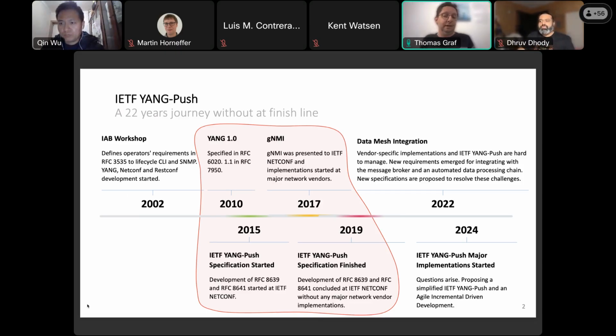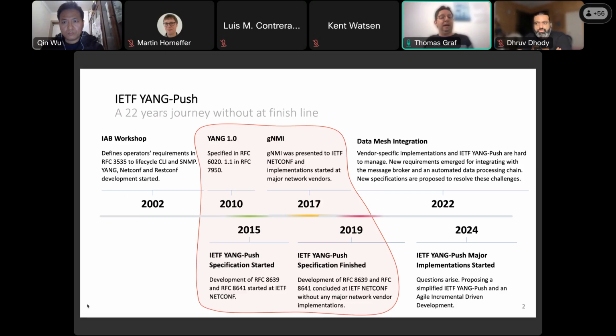Then in 2019, the specification finished with IETF YANG Push. I'm noting on the positive side that the transport protocols for configured subscriptions are still under development on the IETF side. We are looking forward to having the HTTPS and UDP-notif transports soon become RFCs, so that for configured subscriptions we also have RFC numbers. But in 2019, there was still no major vendor who had started working on a YANG Push implementation. And then we started at